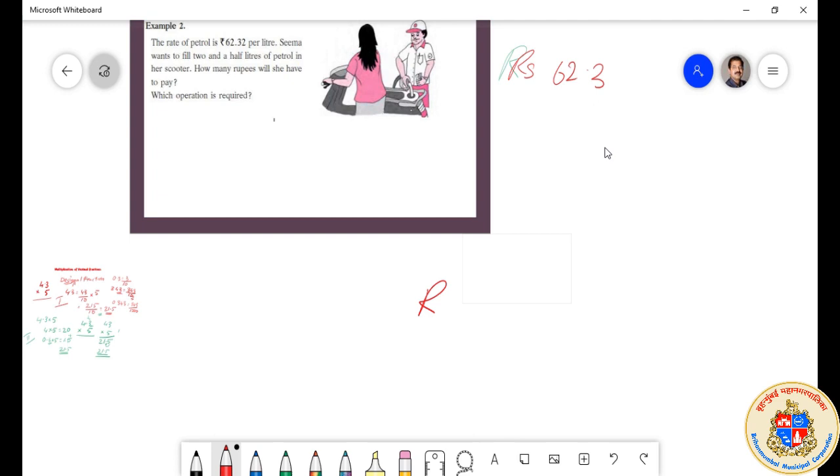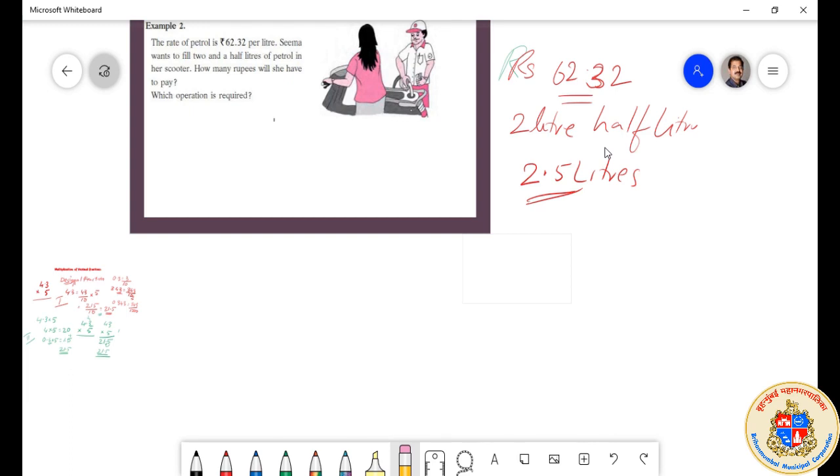62 rupees 32 paise or 62.32 rupees, right? That is per liter. She has to fill 2 liter and half liter. तो फिर कैसा लिखेंगे? हमको लिखना पड़ेगा 2.5 लीटर्स. इसलिए कन्वर्शन इंपॉर्टेंट है. 2.5 लीटर and per liter it is 62.32 rupees. Now the question over here is,